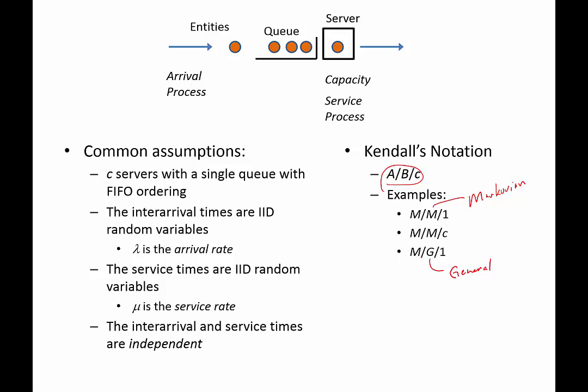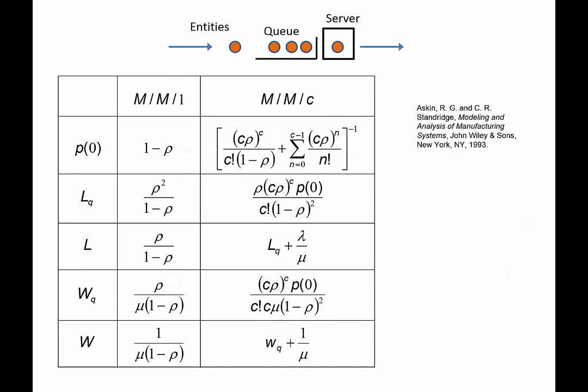So a Markovian process, among other things, is one where the values are independent and has the memoryless property. In other words, knowing something about one value gives you no information about subsequent values. And of interest to us in particular, for a Markovian arrival process, the interarrival times are exponentially distributed. For a Markovian service process, the service times are exponentially distributed. And if we make those assumptions, then we can compute the values for L and